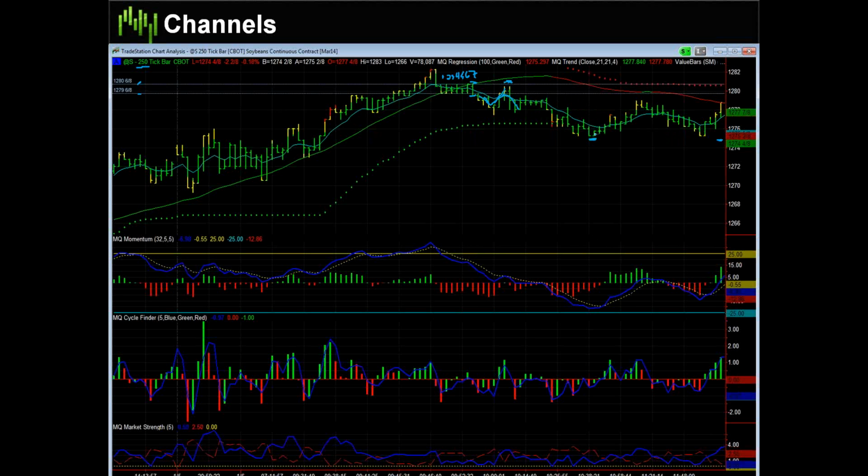Now, the way you can time your exits, you have a couple different things you can look for. For a long, you're looking for it to go significantly overvalued, which is the upper red bar segment on value bars. If you're going short, you're looking for it to go significantly undervalued. So that would have been your profit target right there. So you would have risked a penny and a half or a penny and a quarter. You would have made about 2.5.